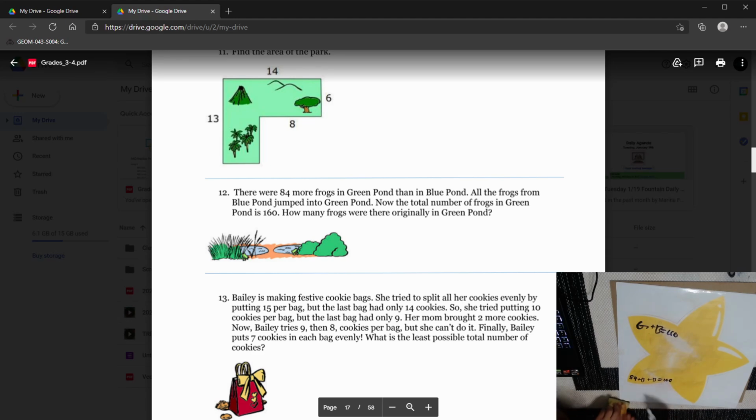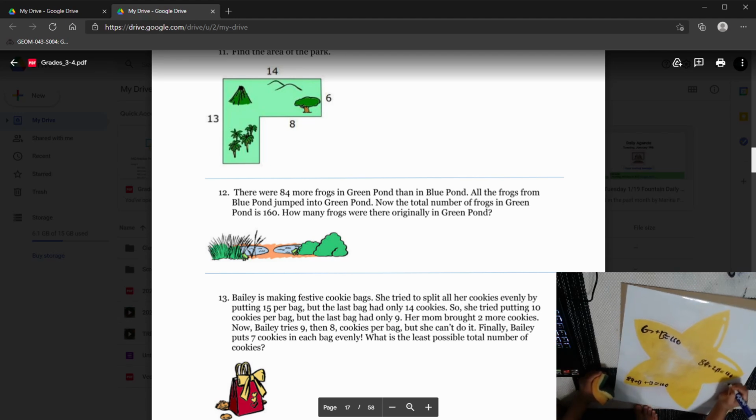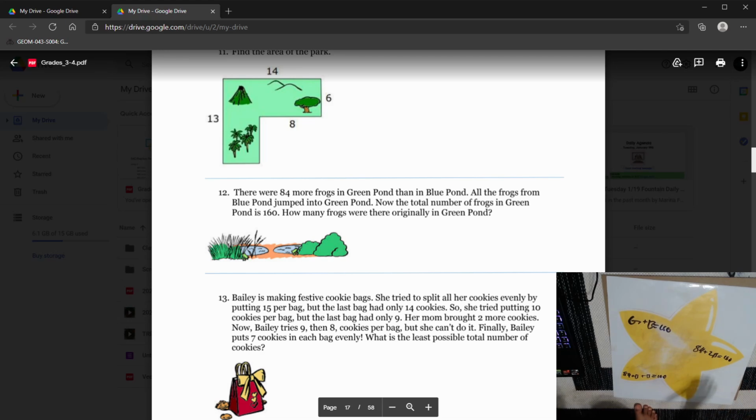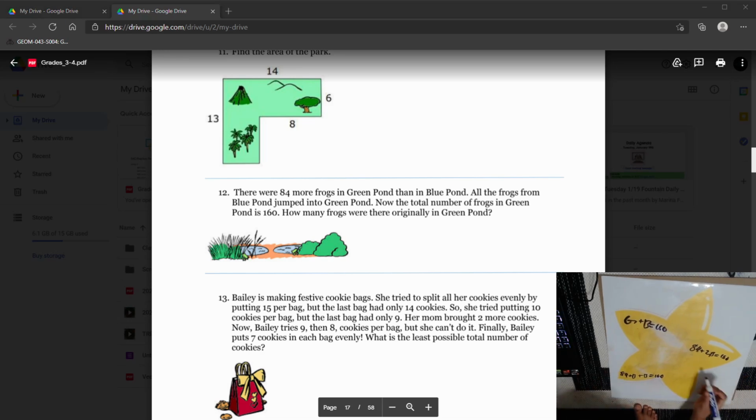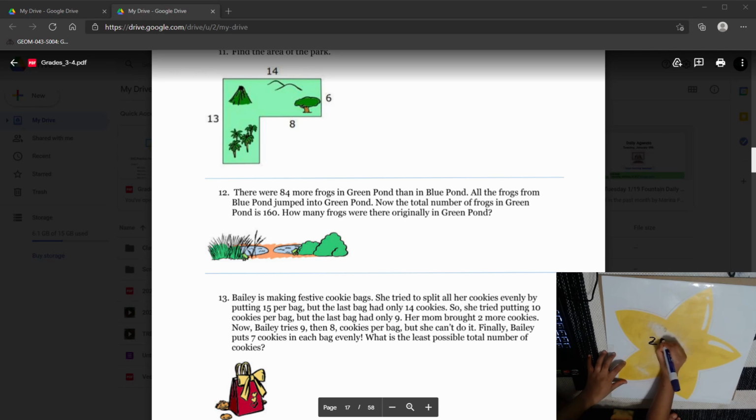And now that we have it like that, we would just do 84 plus 2 blue pond equals 160. And so now, what we could do is put 84 to this side. Since 84 is positive right now, it would become negative. So that means that 2 blue pond equals 160